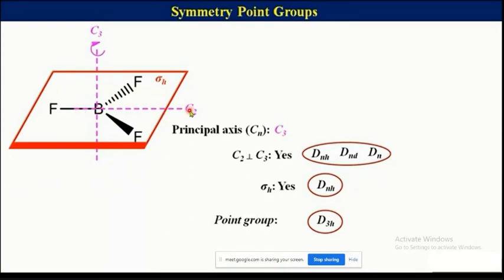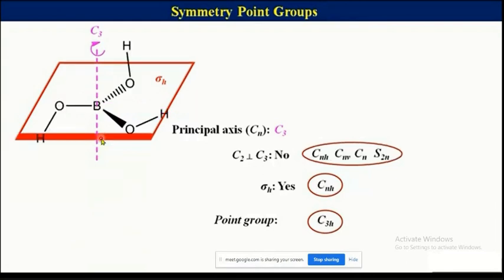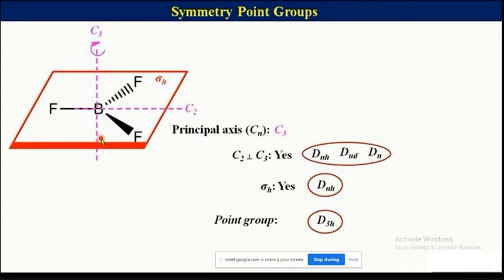If you rotate the molecule along this BF bond, you see this BF bond, it is C2. So if you rotate, what would happen? This F is going to come here and this F is going to sit over here. So basically C2 is present. Now if you rotate the molecule through this axis, what would happen? It will be of C3 nature, right? And in case of C3, if you see the orientation of C3 and C2, both are perpendicular to each other. You see that C3 is perpendicular to C2.